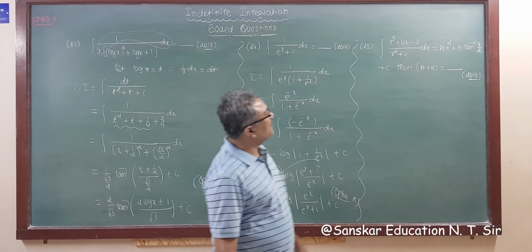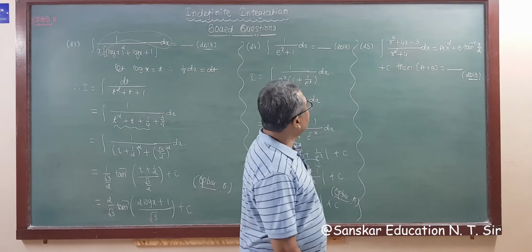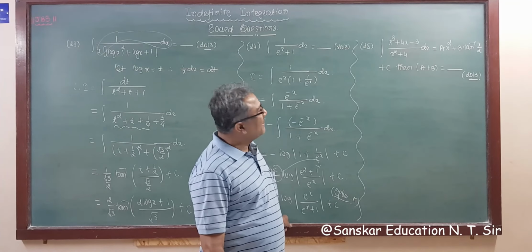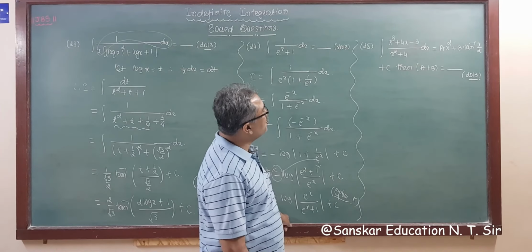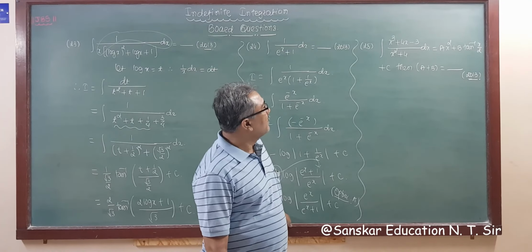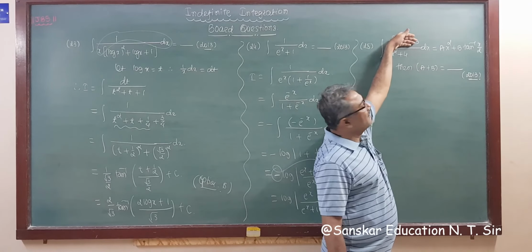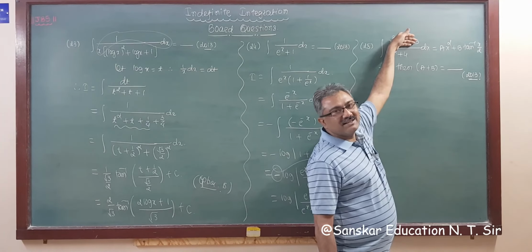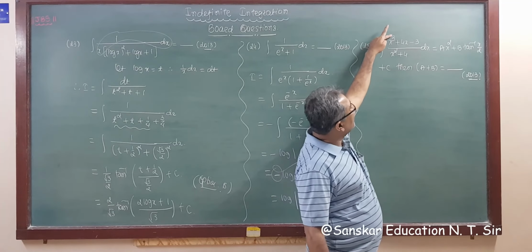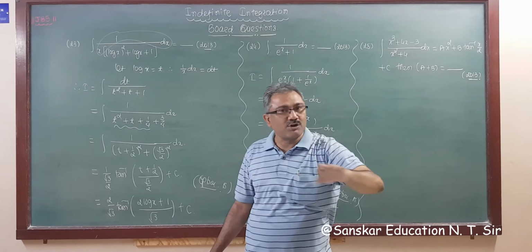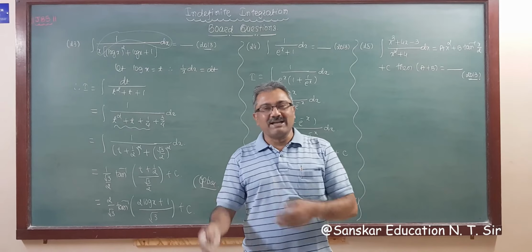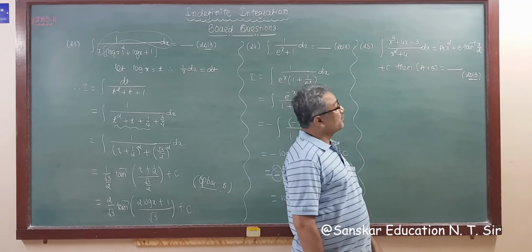So another question from the 2013 board exam: integration of (x cube plus 4x minus 3) upon (x square plus 4) dx, and the given answer is a x square plus b tan inverse x by 2 plus c. Then what is a plus b? That we have to find out. Now if this is not given, then we can find the integration by the tan inverse or standard formula, but here x is given in the numerator. Also the power of the numerator is x cube and the denominator is x square, so this is not a proper rational function. So that method is not applicable, right? Using the partial fraction method is also not applicable. So what do we have to do?